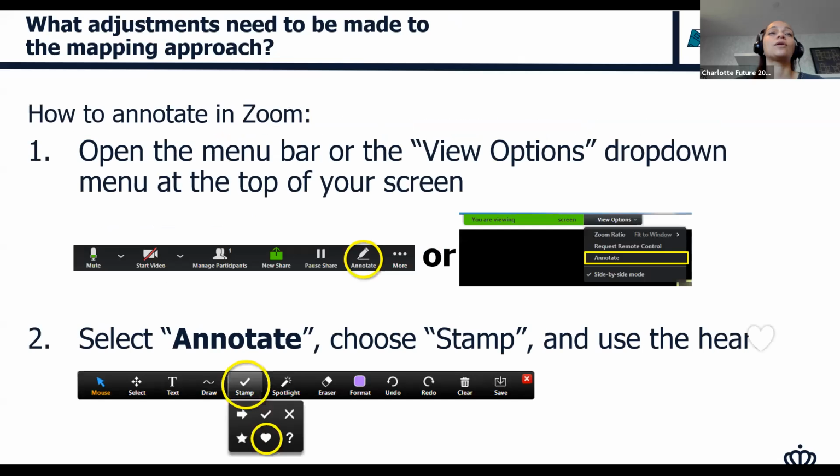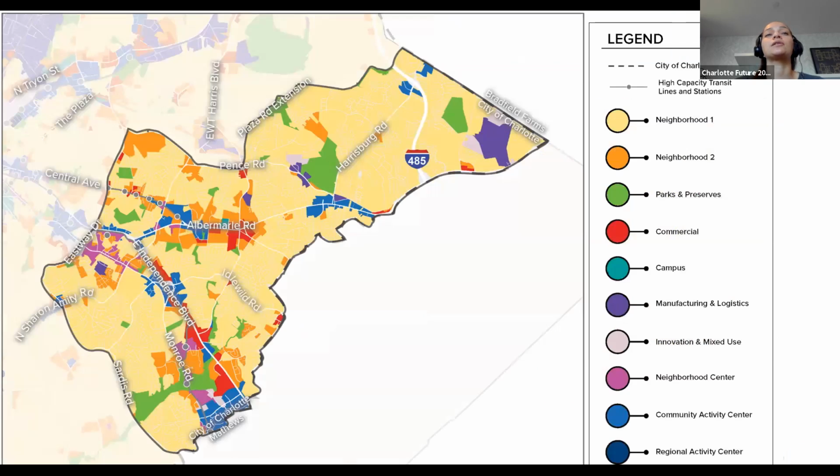So if you wanted to, and I know that this is probably a little bit difficult for you because of your location, but if you want to talk about a specific area on this map, we can do that, on any adjustments that you think would need to be made in terms of the methodology that we've used.